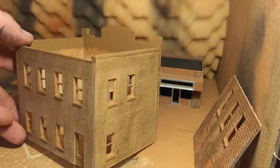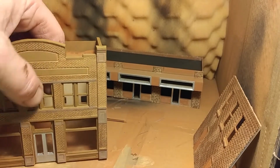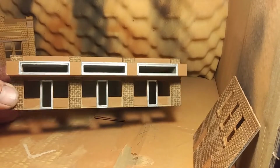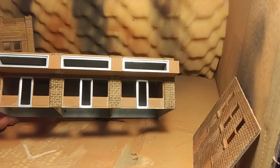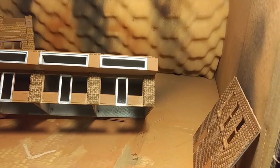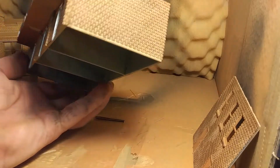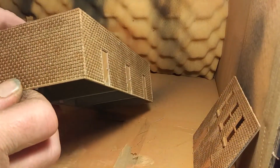So this is going to be the building for the arcade, now that I have it all finished and painted. This is the one building for of course the mini plaza. So I have all the brickwork done. I did a little bit on the door frames. I have the roof piece in place, and I'll just show you the detail on the brick and the weathering,